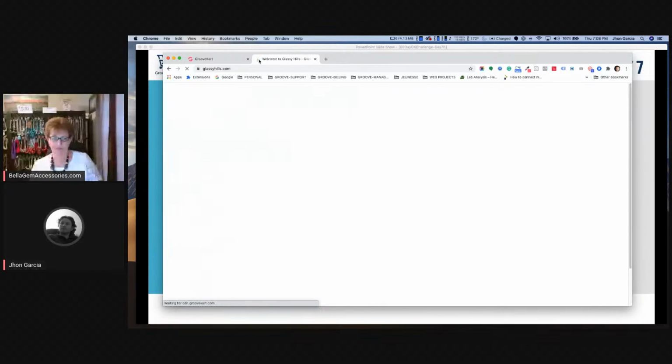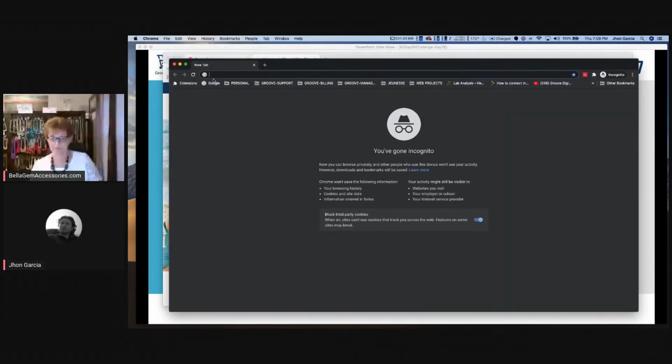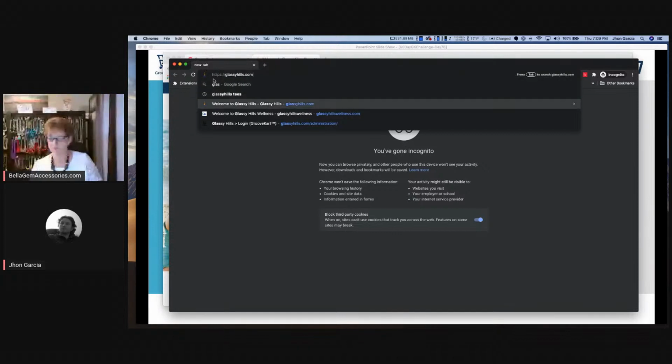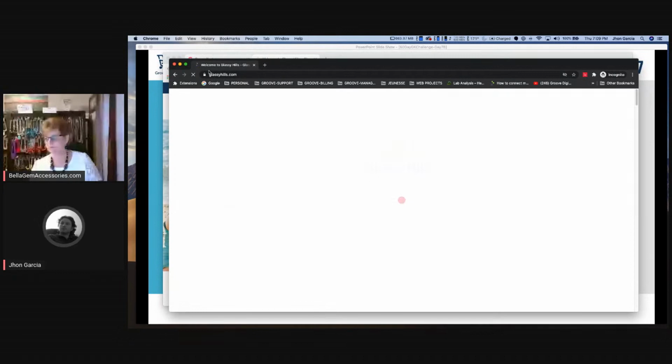And let's see if I see the spin wheel. If I don't see the spin wheel, I might have to clean my cookies so we can actually see it. Better yet, let me open it in an incognito window. So let's go to glassyhills.com. I believe that it will activate a couple of the things that we have saved for the